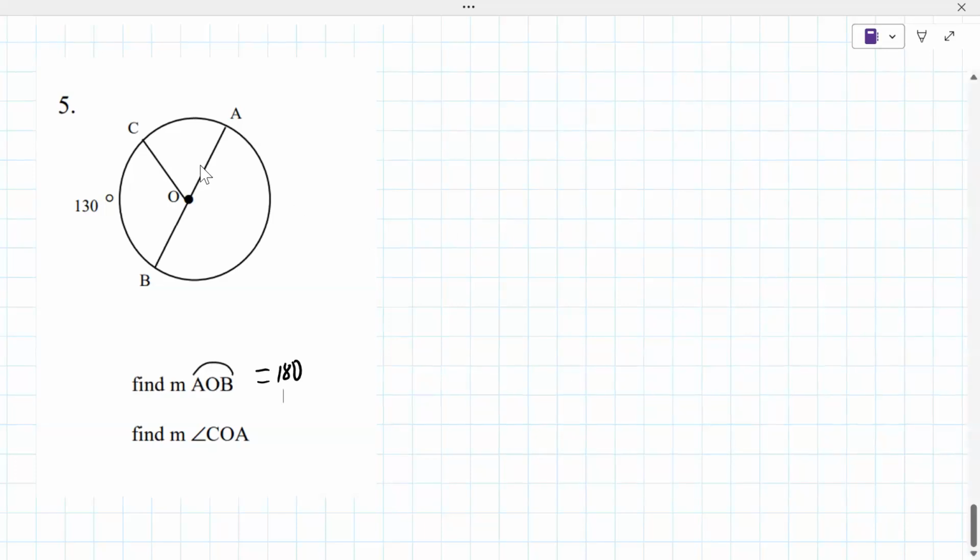Interestingly here, C to O to A is this one right here. Call it X. 230. Yeah. Wait, so I'm not using